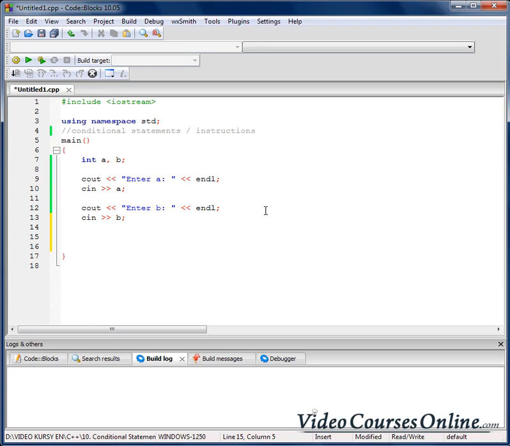So I will use a conditional statement which looks like that. If, parentheses, and inside parentheses I will write a condition, and a condition is just anything that can have as a final result 0 or any other number. So for example, any expression. So if I write a is greater than b,